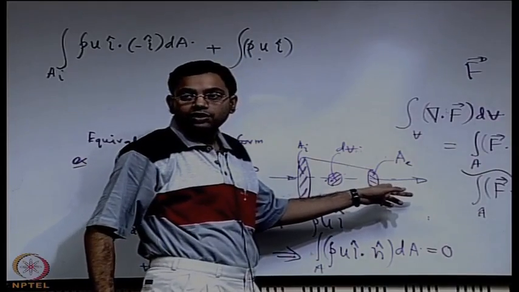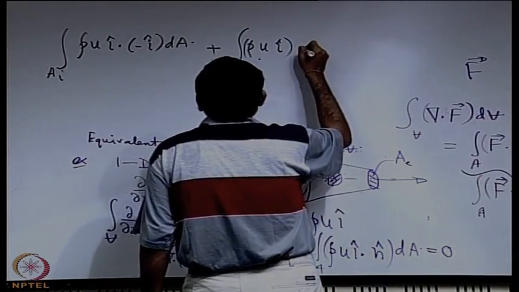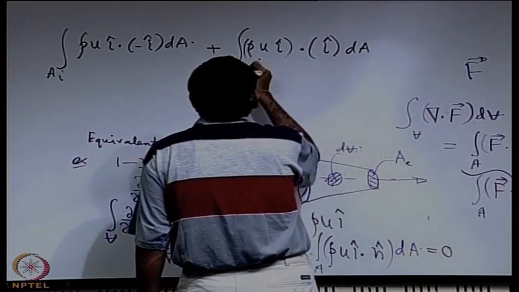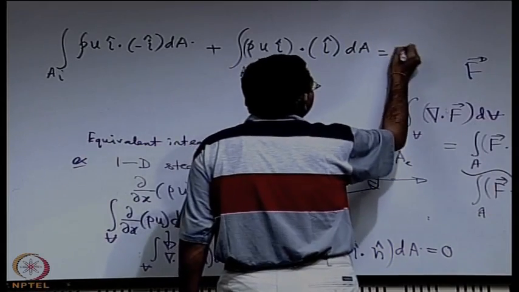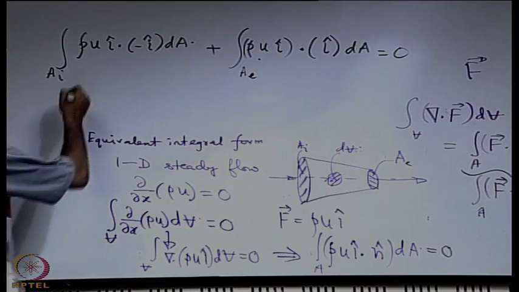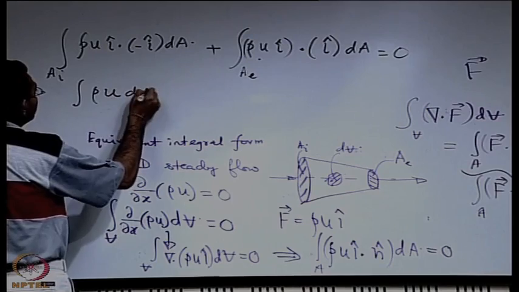It is I. So, this dot I dA for AE equal to 0. So, you can write integral of rho u dA